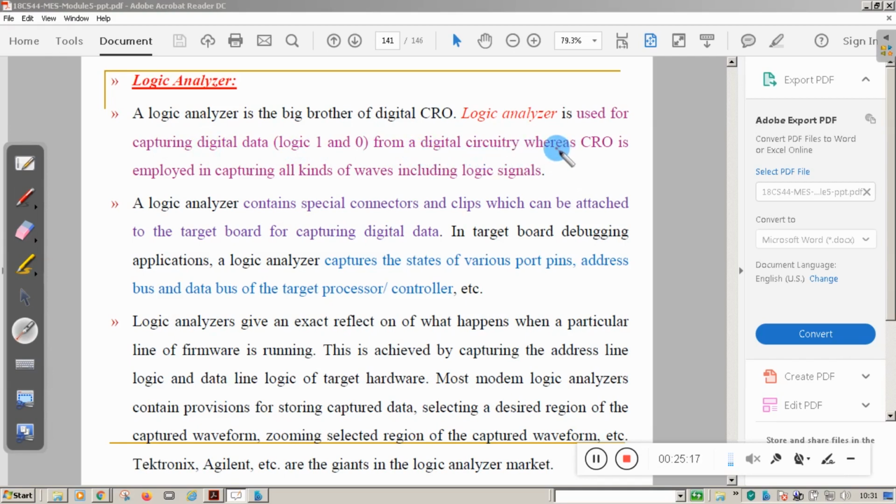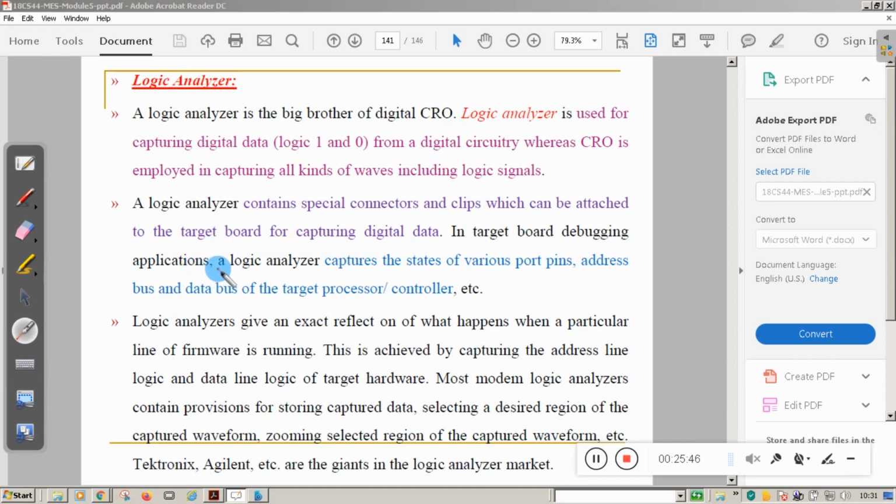So by using a logic analyzer, you can analyze the digital data, whereas a CRO is employed in capturing all kinds of waveforms. A logic analyzer contains special connectors and clips which can be attached to the target board for capturing digital data. You can connect it to the target board. You can imagine that all these connections are minute connections.